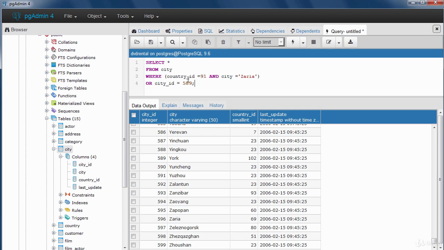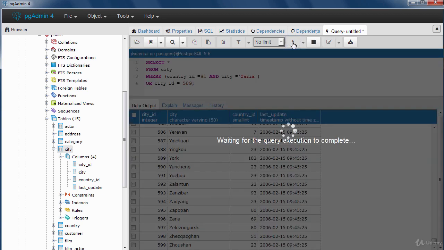So the conditions on either side of the AND operator must be true for any data to be returned. And I've got the OR operator here and I'm giving it a condition where the city ID is 589, which is York here. So if I execute this, I expect to get at least 2 rows of records. So let me run that and we can see,